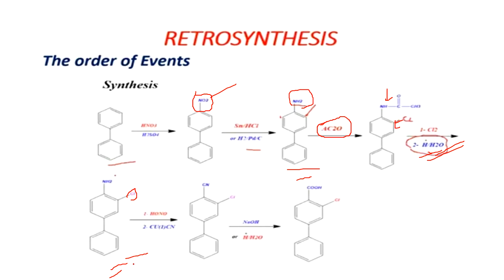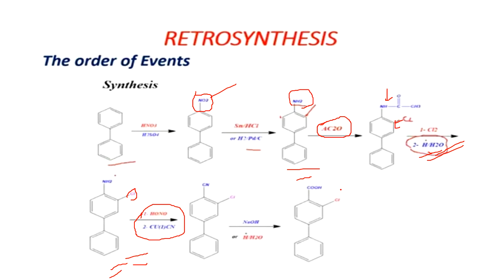So up to this we are doing the synthesis. After that we are going to convert the given NH2 group into a CN group. This is nothing but a diazotization reaction. Here they are giving a diazotizing reagent, so we can convert the NH2 group into a CN group. After that they are giving NaOH or an acidic group to convert the CN group into a COOH group. So this is the easier way to do synthesis as well as retrosynthesis in the given molecule.